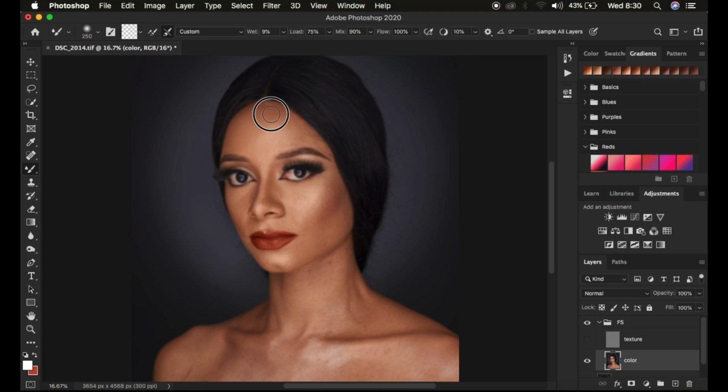So every time you're going to a different area, simply left click and hold down and you mix that area. Where the colors are transitioning from one color to another, just get a tiny brush and simply mix the borders of that area so that you can create a nice and seamless transition between the color of the skin tone in that given area. And the other thing, you always have to take the strokes of your Mixer Brush